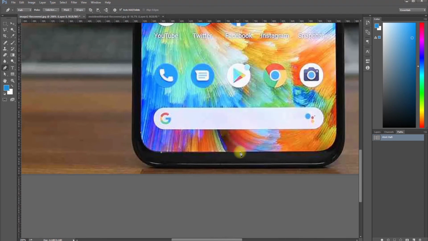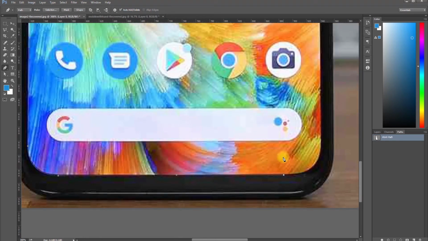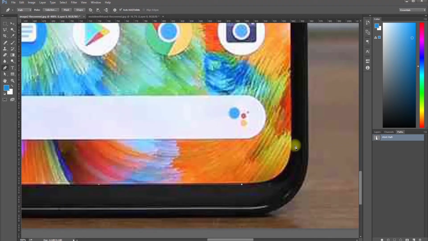Click for creating the straight line. As we can see, there is only a straight line, no curve, so you can just click on the path. Same, click and drag for the curve. Click and drag. As you can see now, some of our path is in the black area. So I will tell you how to edit and adjust this path after we complete the whole path.